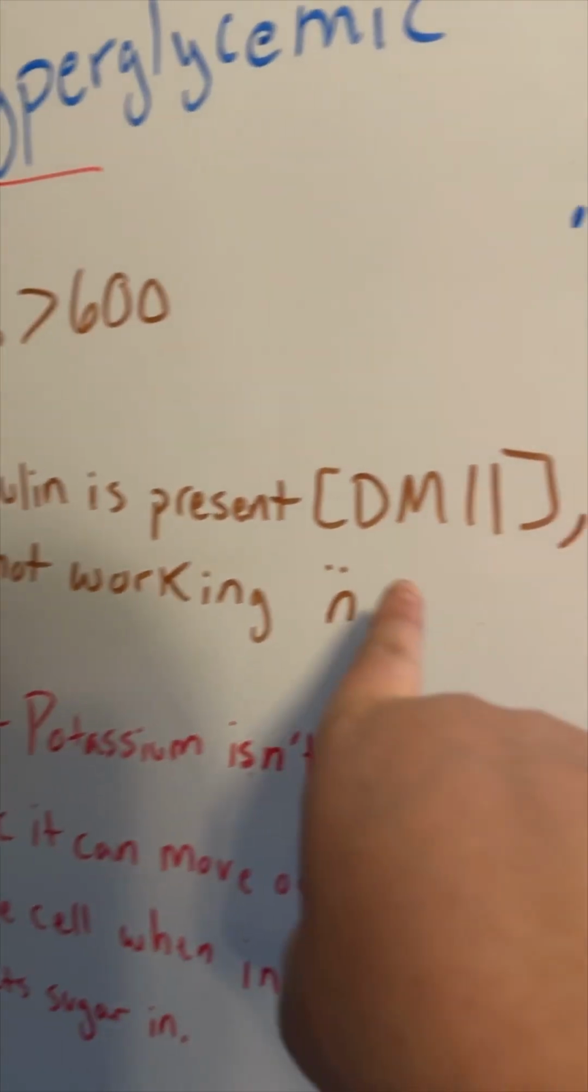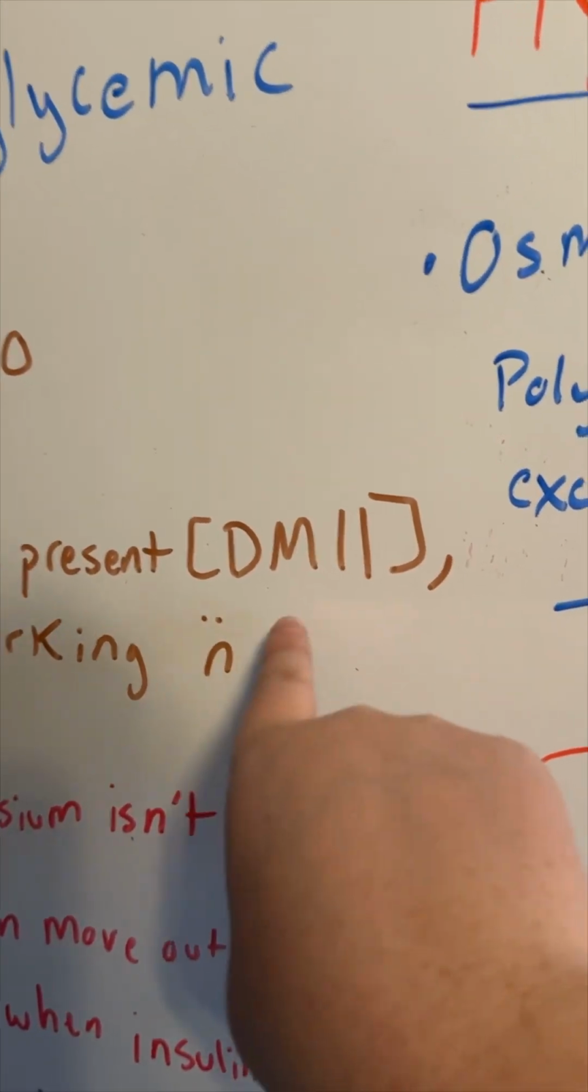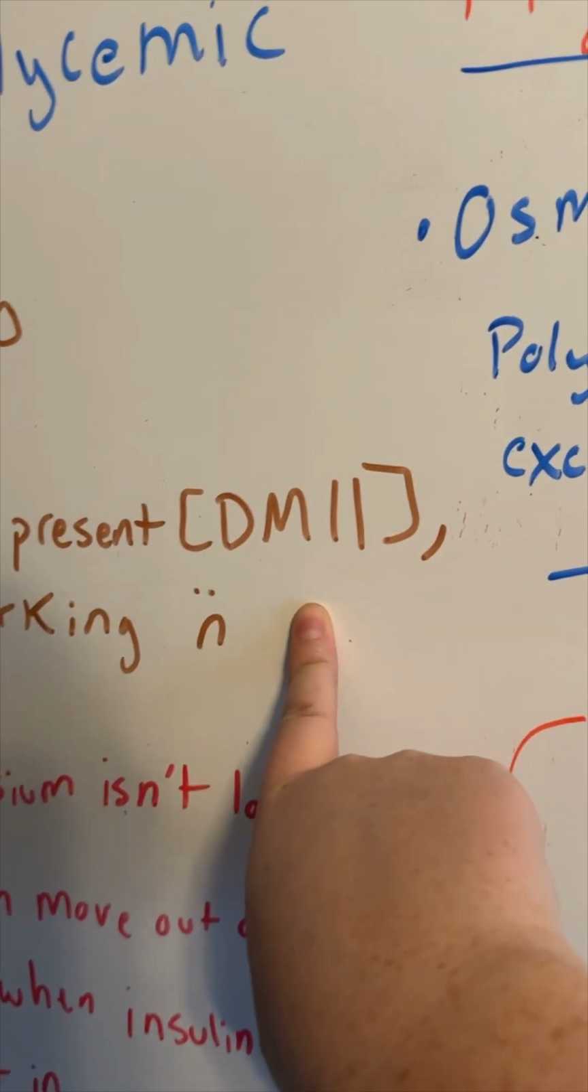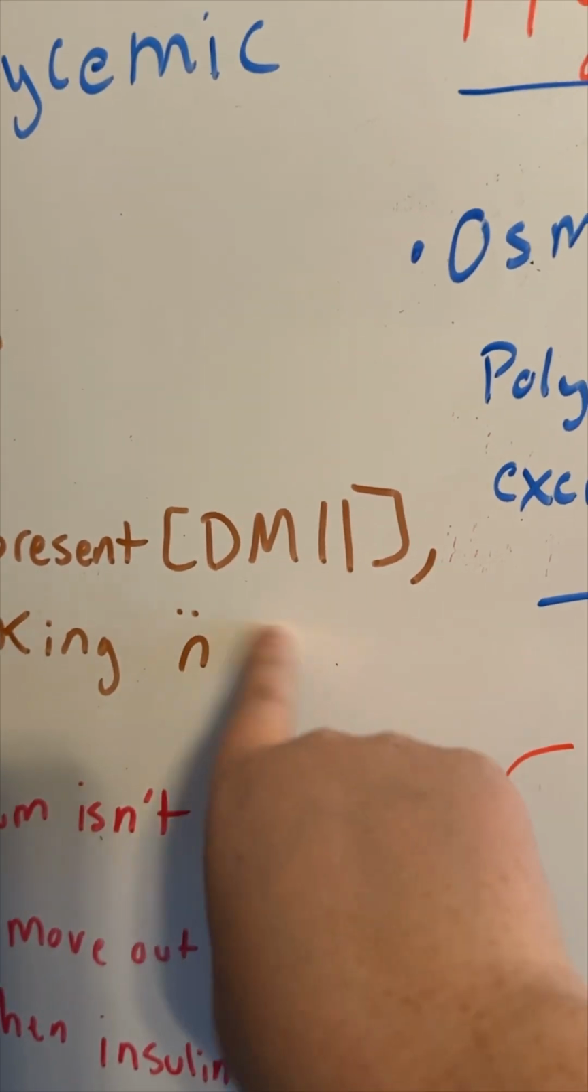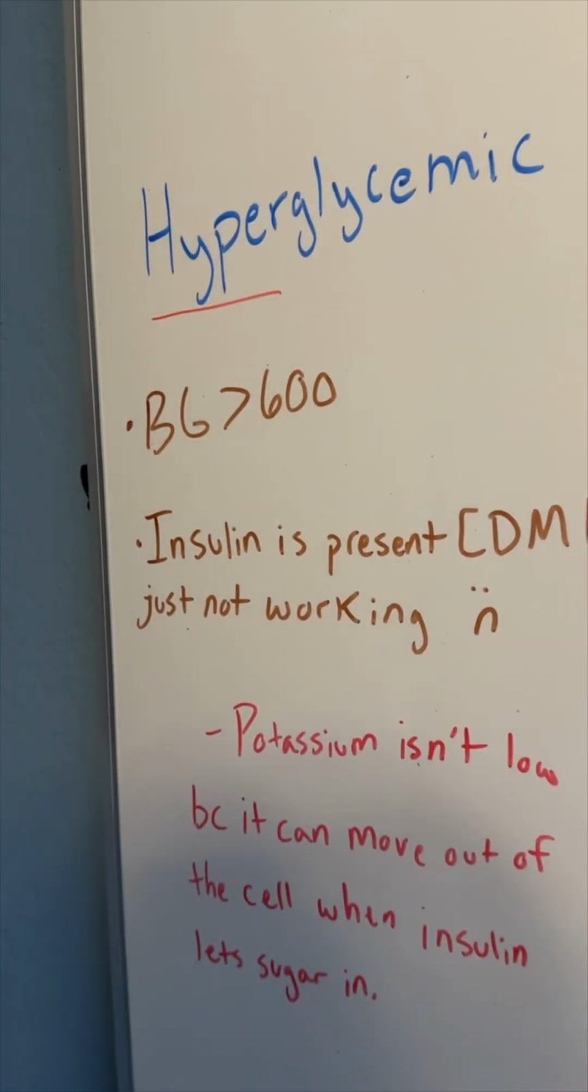Also, you're always going to see this in type 2 diabetics only, whereas with DKA you usually see it in type 1, but you could see it in type 2. And as we know with type 2,